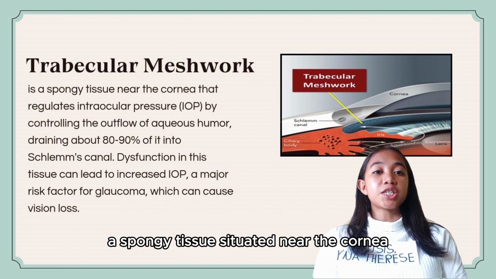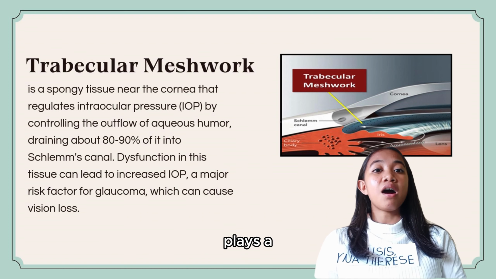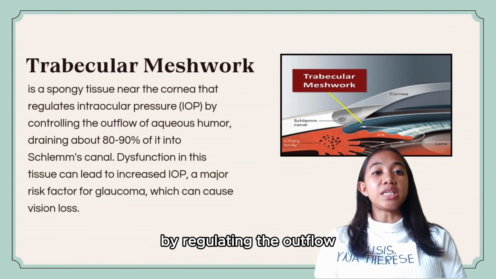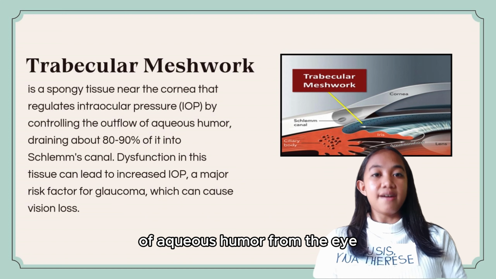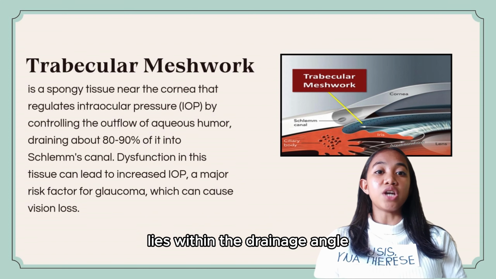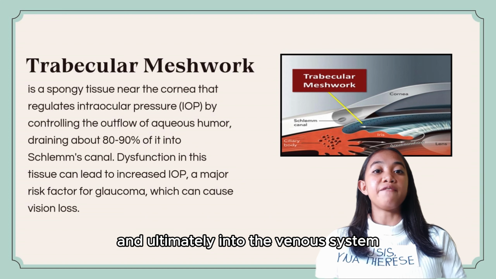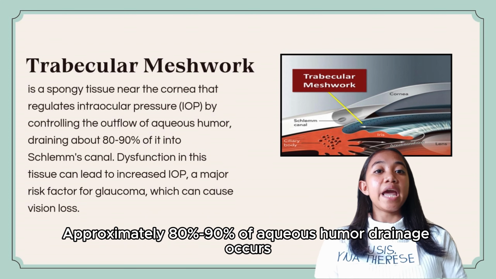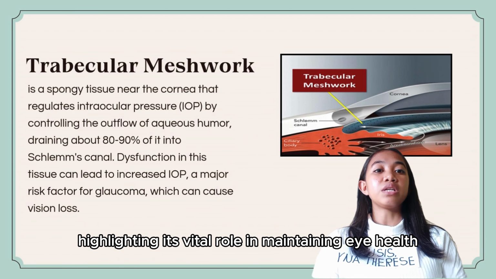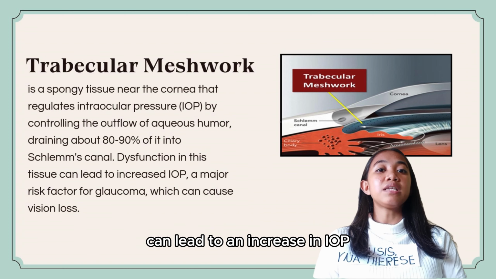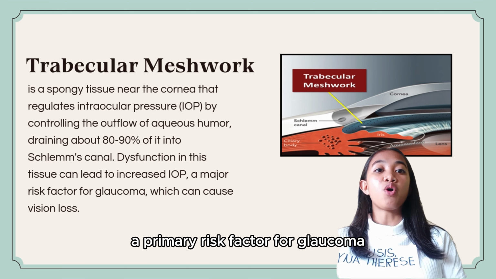Trabecular meshwork. A spongy tissue situated near the cornea plays a crucial role in maintaining healthy intraocular pressure, IOP, by regulating the outflow of aqueous humor from the eye. This intricate network of tissue lies within the drainage angle, facilitating the flow of aqueous humor from the anterior chamber into Schlemm's canal, SC, and ultimately into the venous system. Approximately 80-90% of aqueous humor drainage occurs through this pathway, highlighting its vital role in maintaining eye health. Dysfunction of the trabecular meshwork, however, can lead to an increase in IOP, a primary risk factor for glaucoma, a